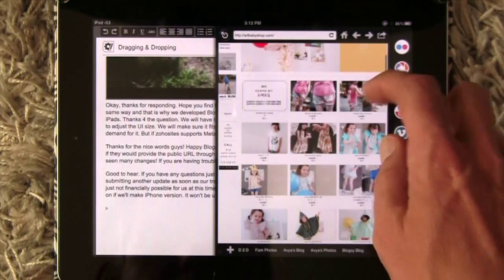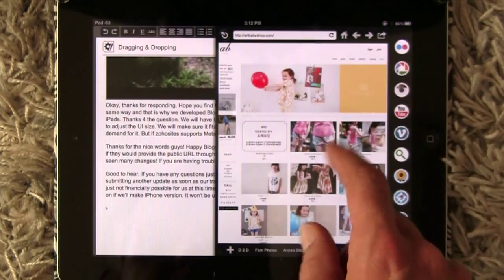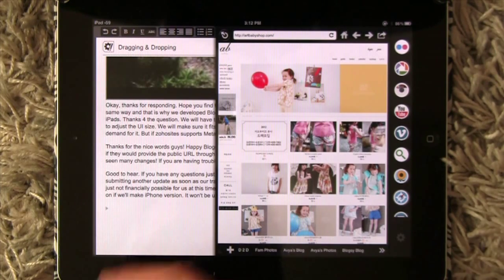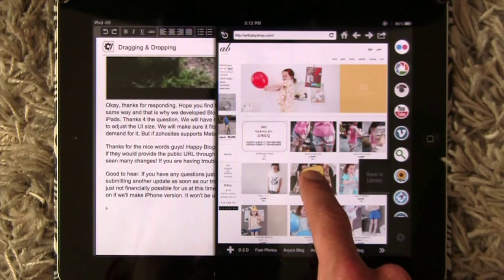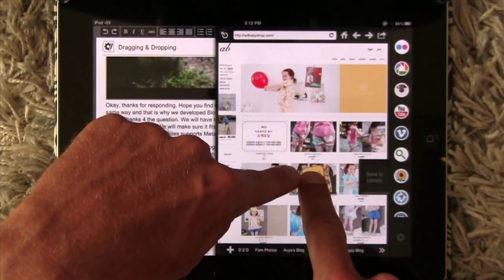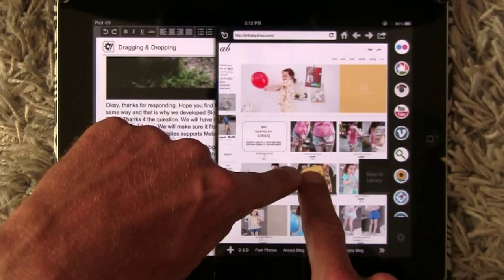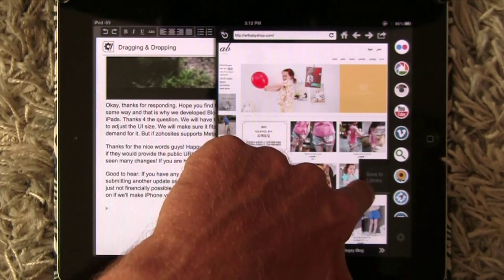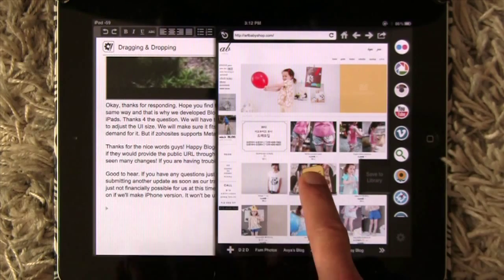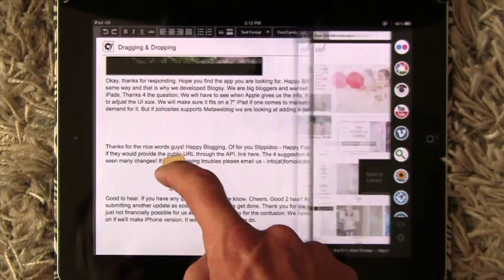So with dragging from the browser, it works a little bit different. First, you choose your photo and hold your finger in place until you see FOMO, the little guy under your finger. Then you know you'll be able to drag it into your post. And again, you can save it to your local library instead of hot linking. Once you've got FOMO, then put it over here,